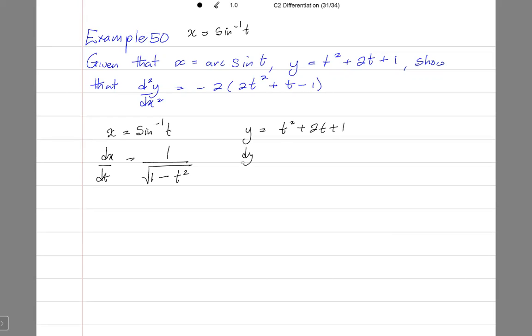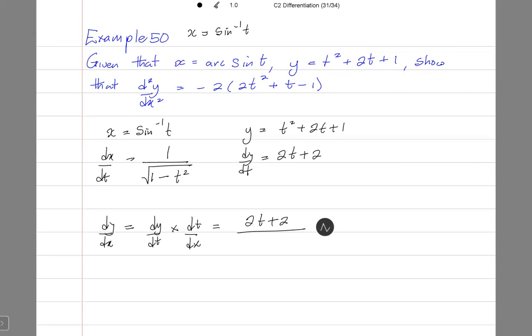So dy by dt would be equal to 2t plus 2. Now dy by dx would be equal to dy by dt multiplied by dt by dx. So this is 2t plus 2